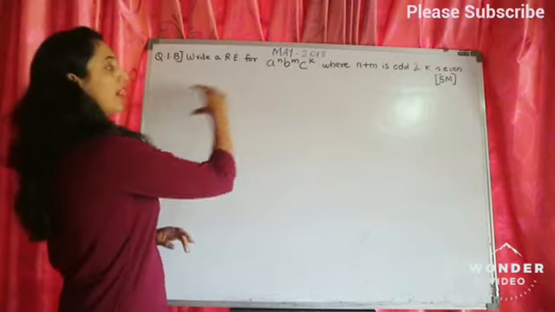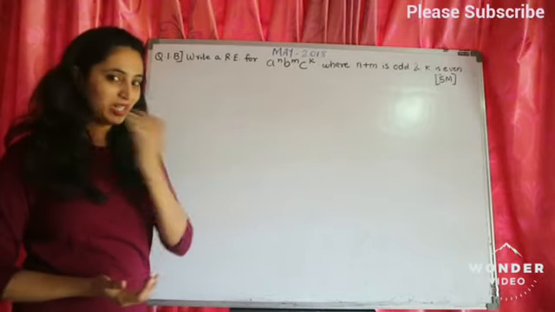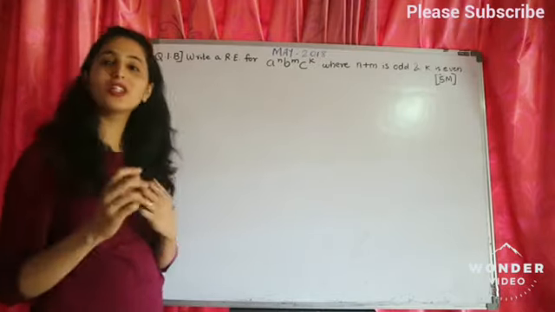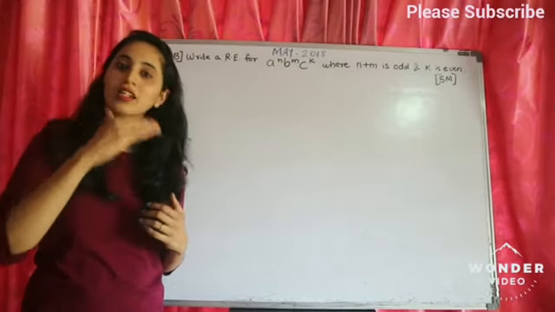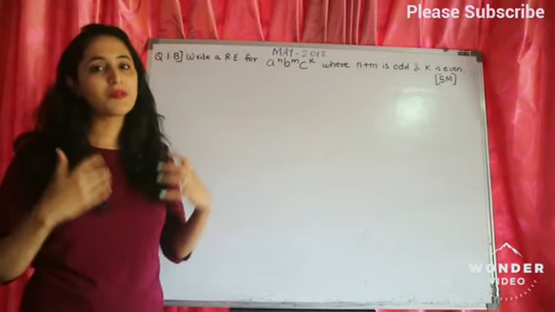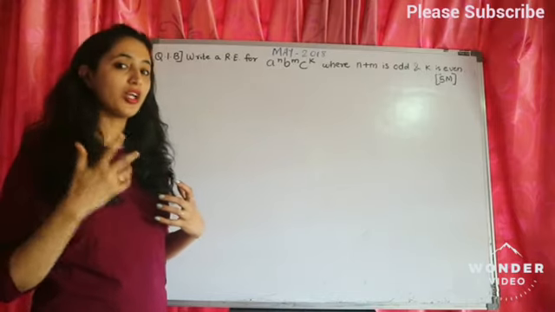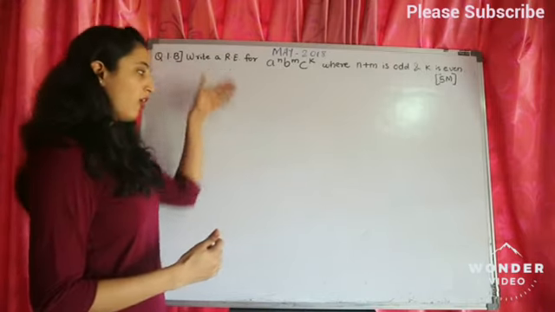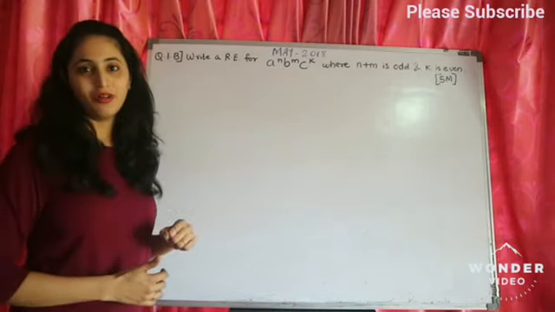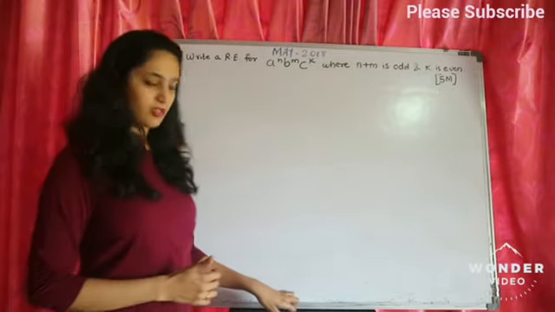If you simply write the final answer, then of course you will not get marks for it. The 5 marks are not just for the final answer, they are there for the steps. So you should write the steps properly and explain the logic, how you come to the solution of this particular answer. Now we'll start solving this question.